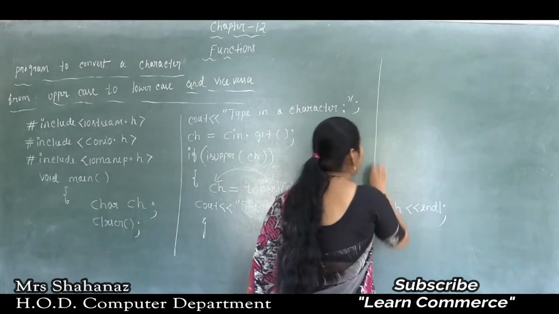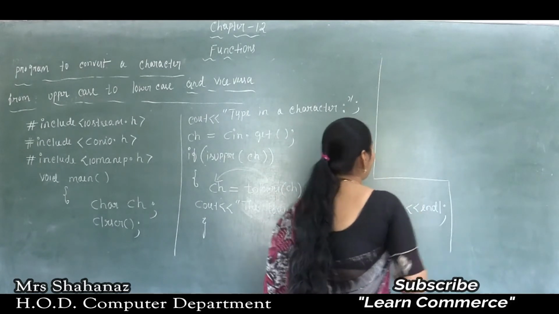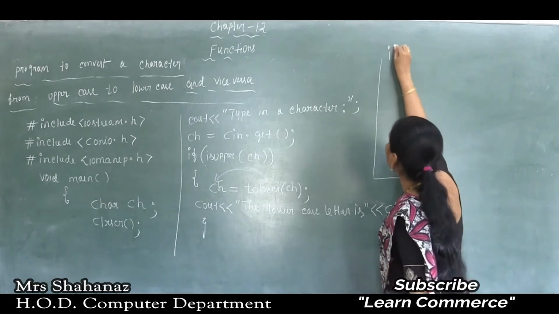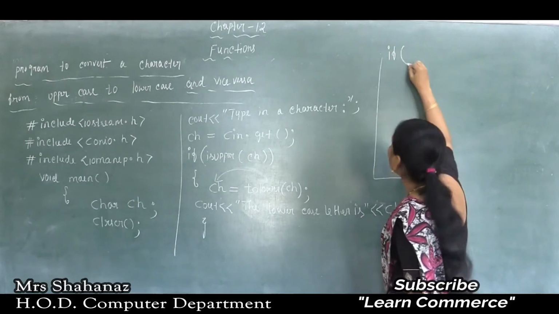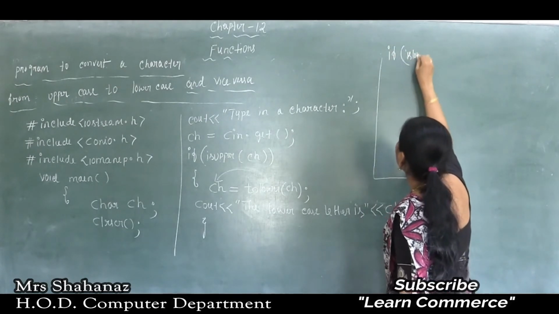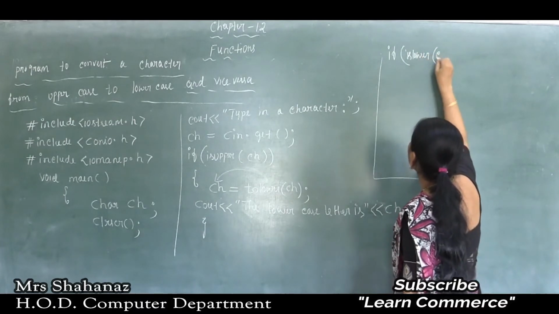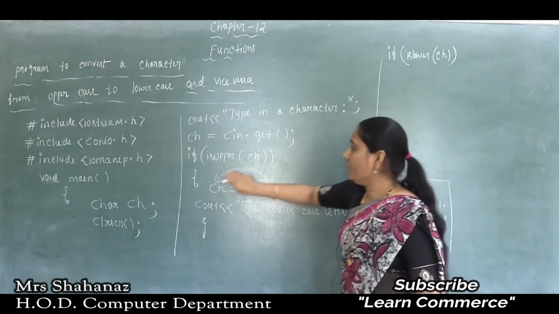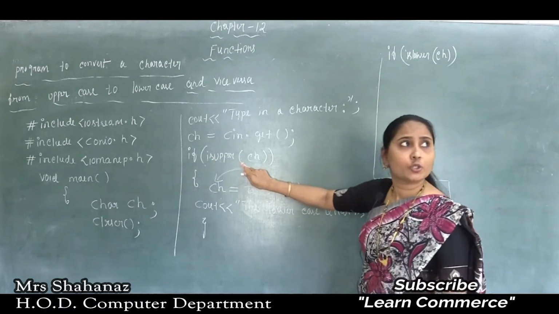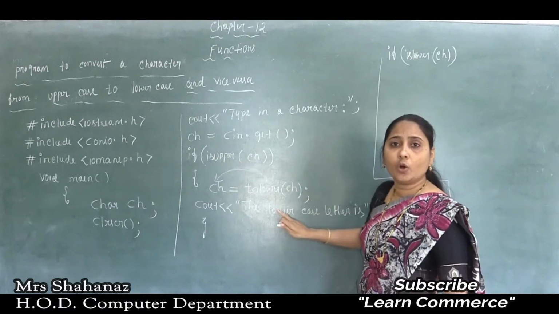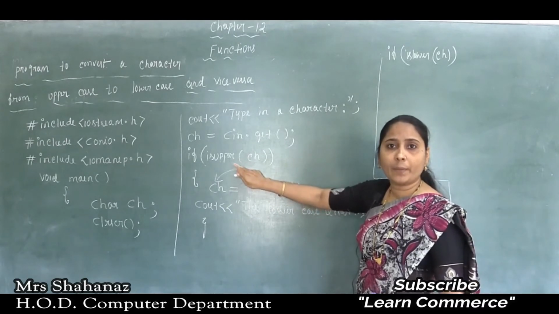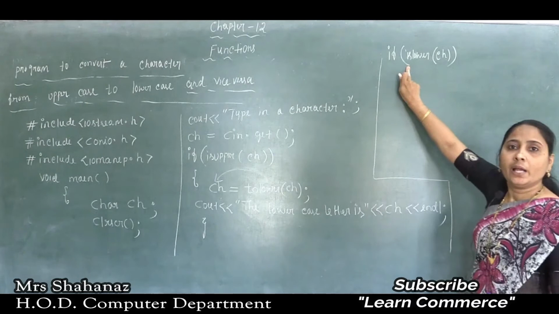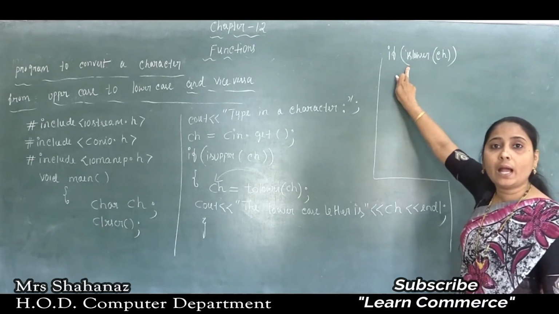Okay, and later next one, maybe not only one condition, the second condition also we need to write. So how do we need to write it? Use here: if islower of ch. Okay, so same thing. As we know, the previous one was just to check and convert from uppercase to lowercase. Now this condition is used to convert from lower to uppercase.